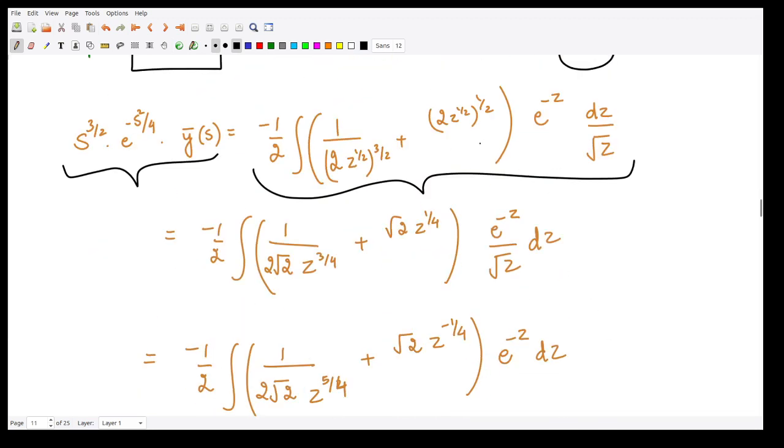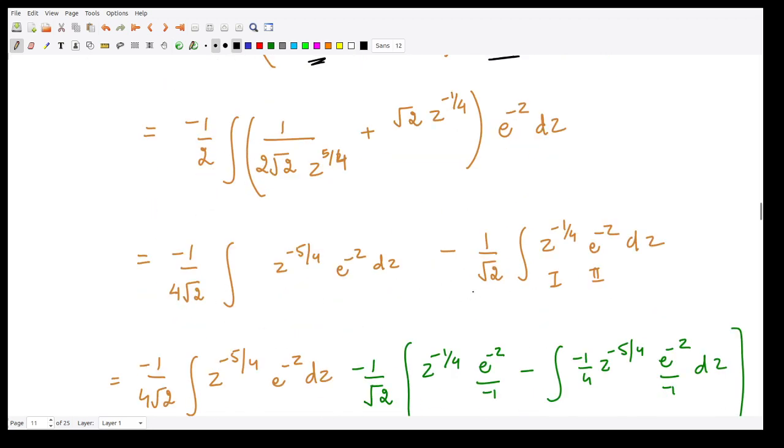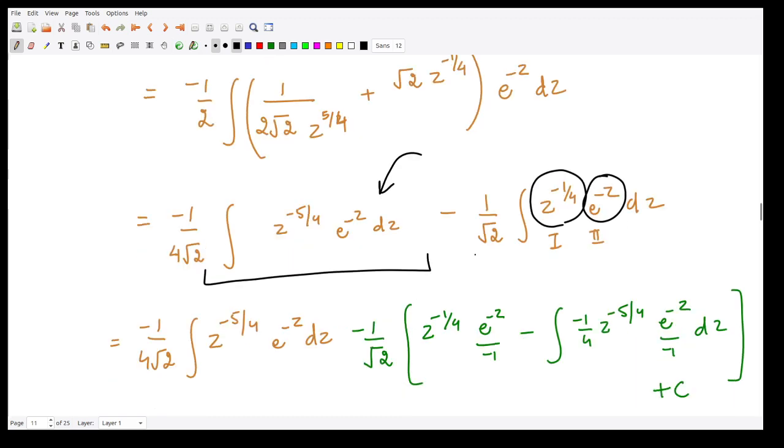So now you just have to solve these powers, and then simplify all these powers, and then your expression would be something like this. So you have these two terms. Now what you can do, you keep this term as such, and then you perform the integration of this term, so that whenever you consider this as the first function, this as the second function, this would result in this particular kind of term. So let's see how.